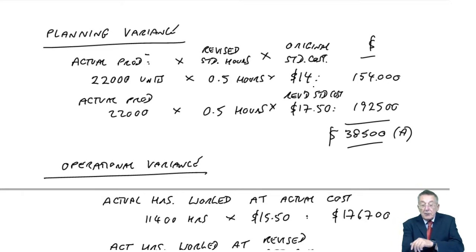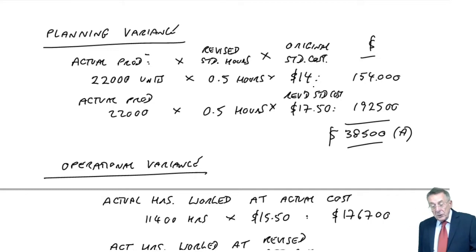We've realised that because of rates going up, it's costing us 38,500. Now that bit of it we can't control. If rates go up, rates go up. We can't force general wage rates to go down. But when you realise that, the one thing they might consider doing, they might look to ways to change their